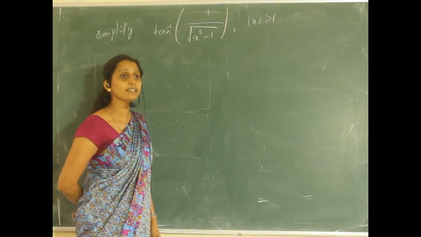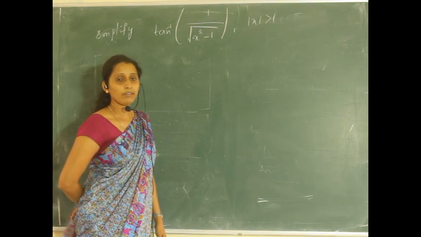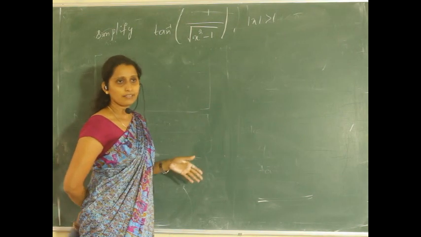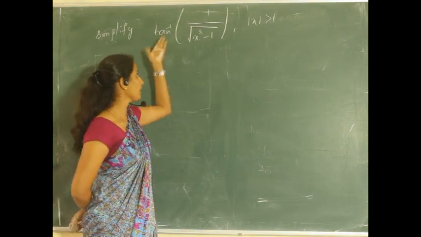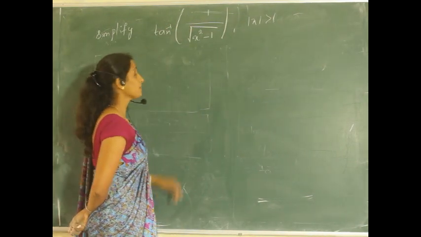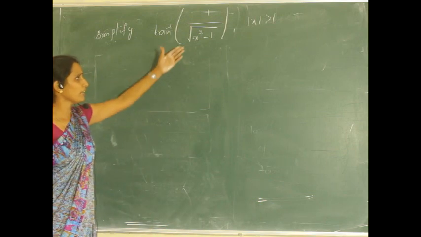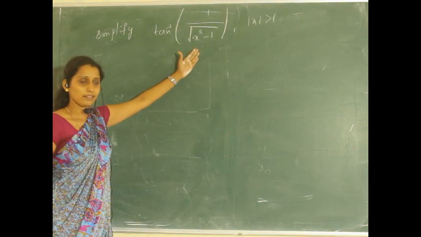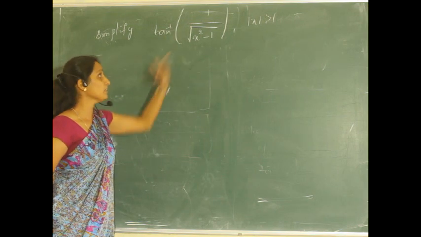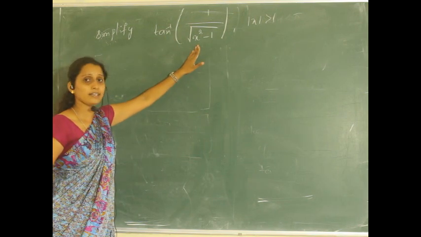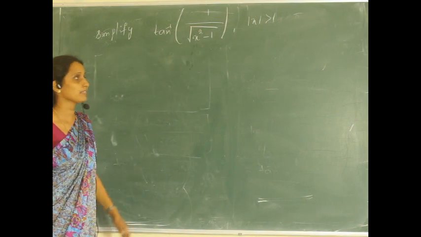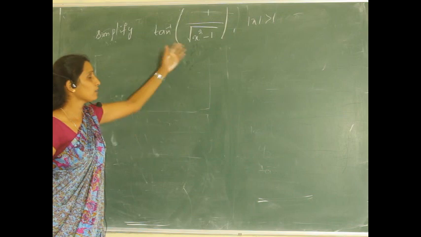There we have taken secant theta. Why we have taken secant theta? Because after simplification we are getting 1 by tan theta, so cot and cot can be cancelled in the previous problem. But now it is a tan inverse. So you can take secant theta and simplify, then also you will get the answer. But it is better to take some other function. Again here we cannot take sine and cos, because we don't have a result of x square minus 1 when we take sine or cos. So take cosec theta here.